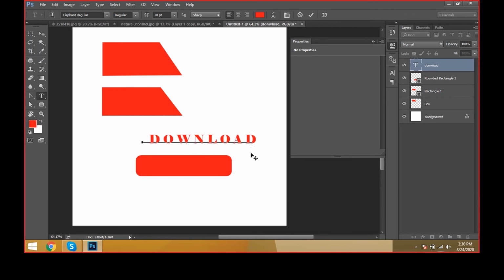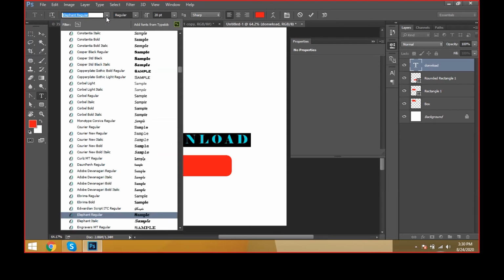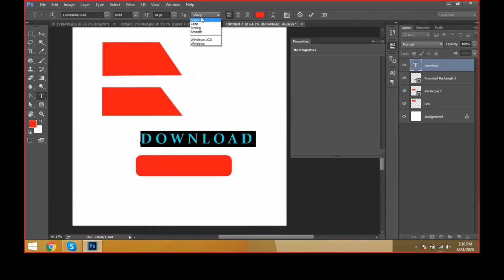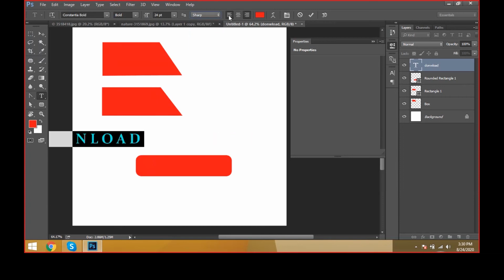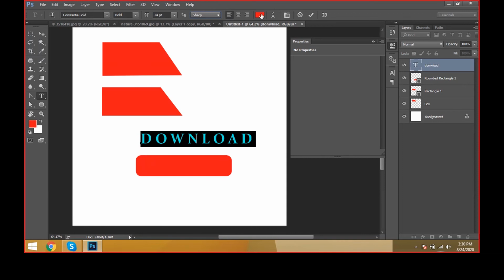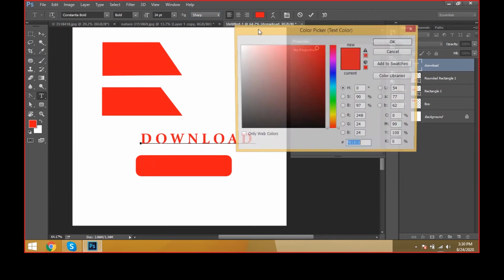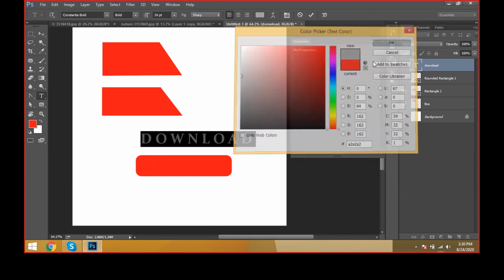Now you just select the text layer and we have different types of fonts here and you can take a font style and the size will be here and it is sharp, crisp, strong, smooth. These are the styles of the text and it should be center, right side, or left side like this and you can change the color like this.